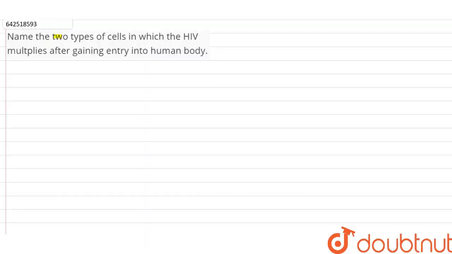In this question, we have to name two types of cells in which the HIV multiplies after gaining entry into the human body. Now over here, HIV stands for human immunodeficiency virus,